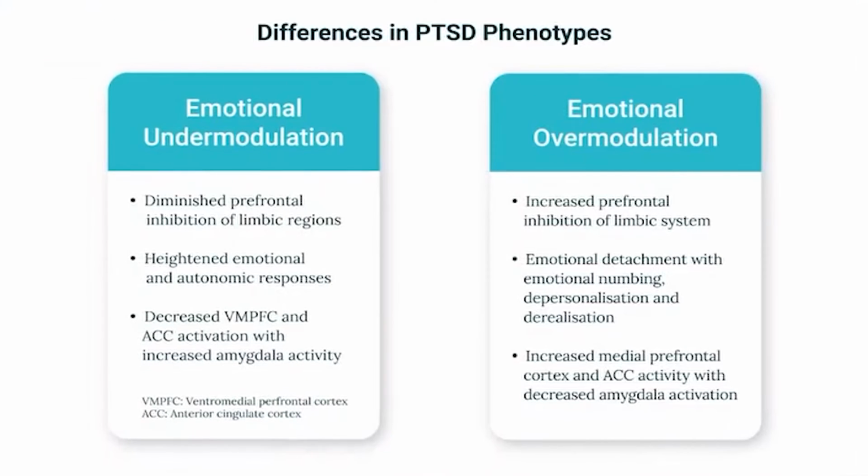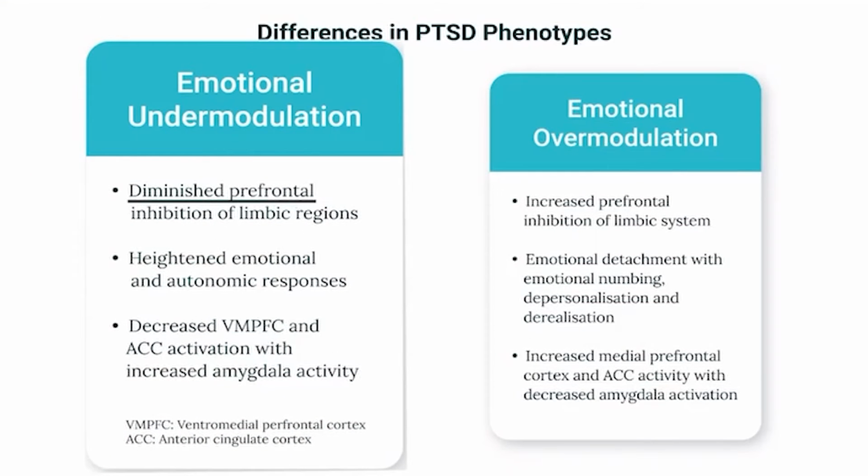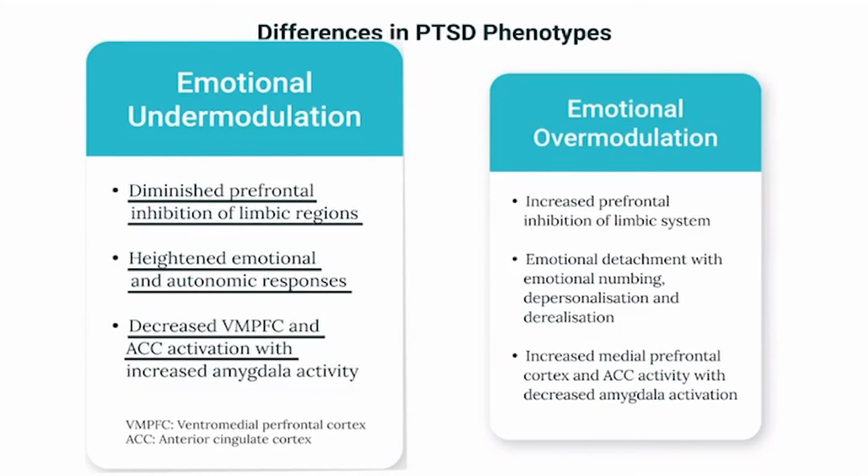Now let's take the example in PTSD. If there is decreased ventromedial prefrontal cortex and anterior cingulate activation with increased amygdala firing, so the ventromedial prefrontal cortex is not able to blunt the amygdala. In this situation where there's decreased top-down prefrontal inhibition, the patient will actually present with really heightened emotional and autonomic responses. And this phenotype is known as the emotional undermodulation phenotype, where the ventromedial prefrontal cortex cannot control the actual